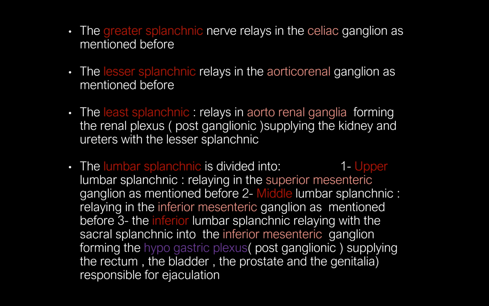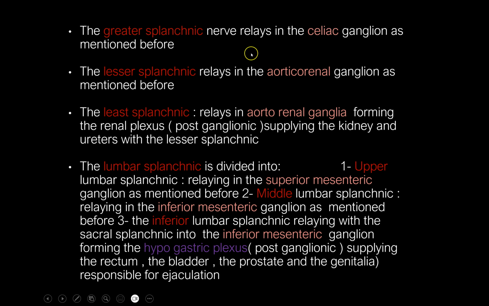And the lumbar splanchnic nerve is divided into upper lumbar, superior mesenteric ganglion, middle lumbar, inferior mesenteric ganglion, and inferior lumbar, inferior mesenteric ganglion. And from the inferior mesenteric ganglion, we have the hypogastric plexus, which are the postganglionic fibers supplying rectum, bladder, and prostate. So, not to be lost, the greater splanchnic, celiac, supplies branches supplied by the celiac artery,